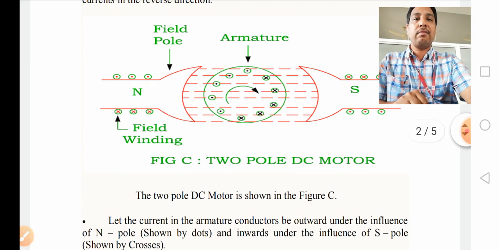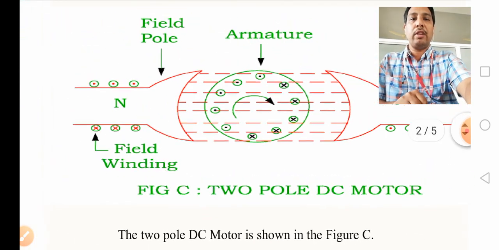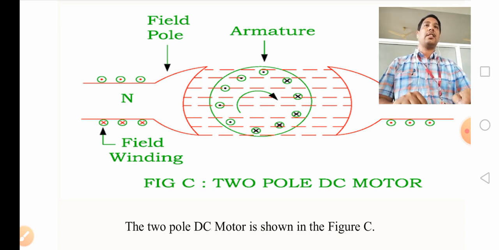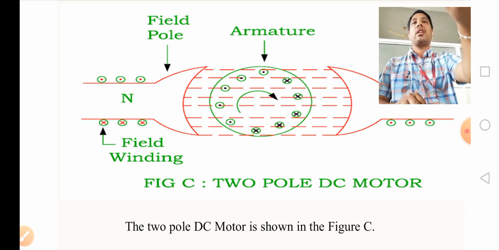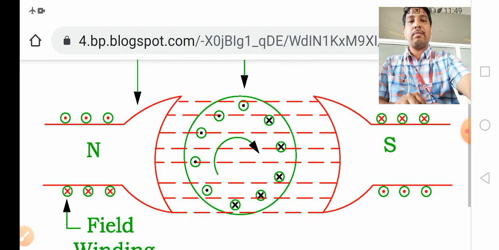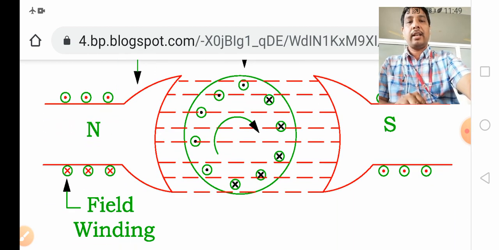across the north pole. There will be some upward force, and there will be some downward force across the south pole. How do we represent this difference between upward and downward force? That is why I have represented across the north pole these dotted portions, and across the south pole we have shown a cross. The cross is treated as downward, and the dot is upward force.